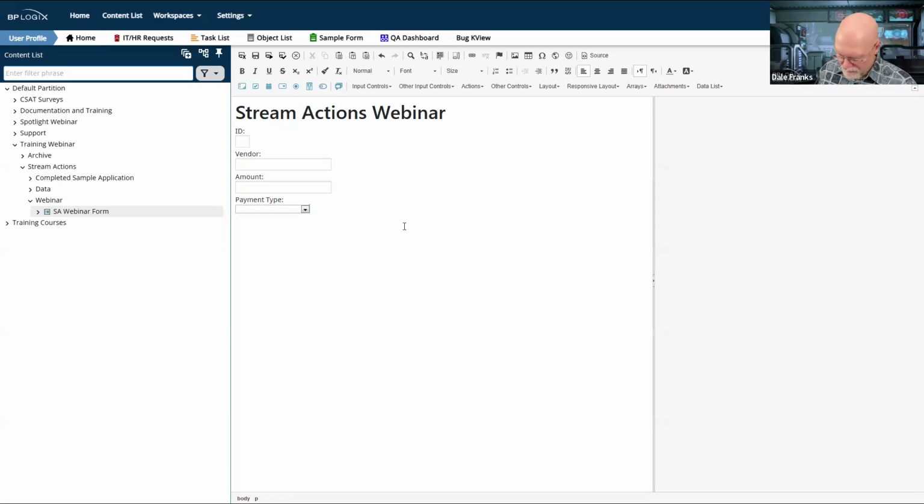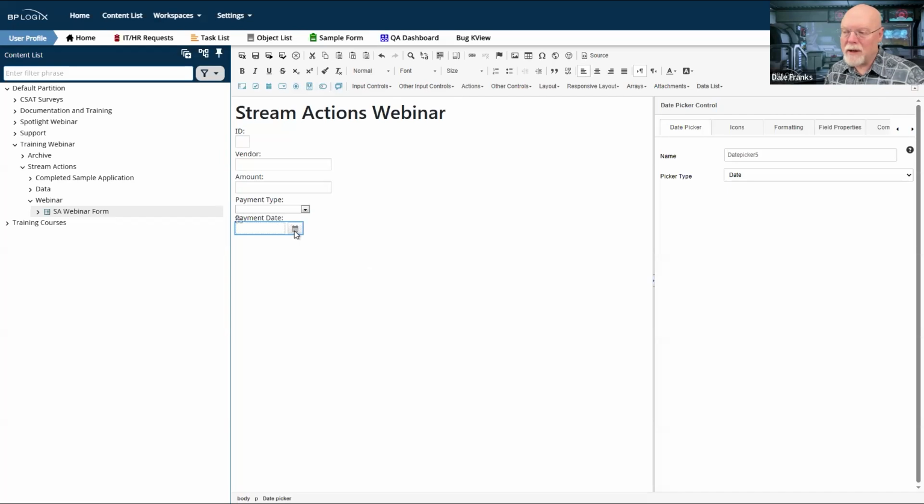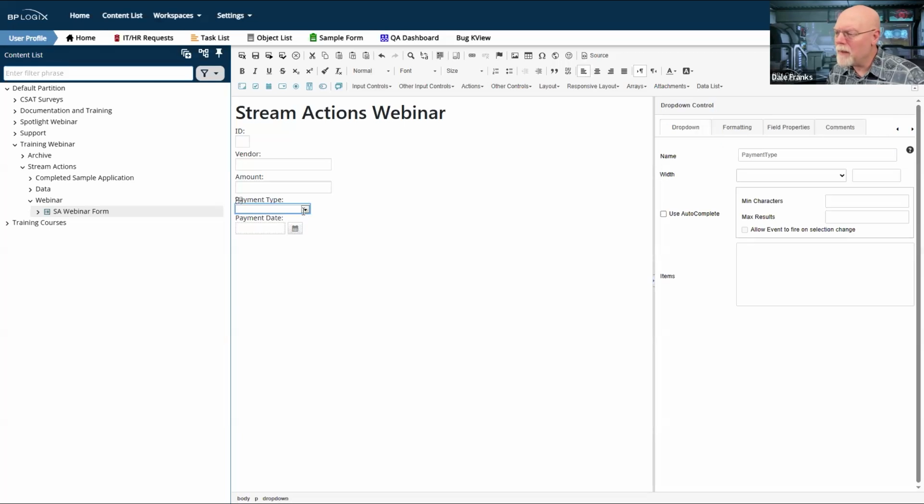And payment date, which will be a date time field or a date time picker, a date picker anyway. So we'll just call this, by the way, did I name this payment type? Yes, I did. Okay, just wanted to be sure.